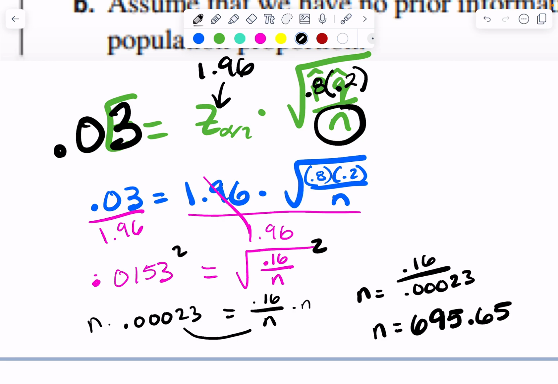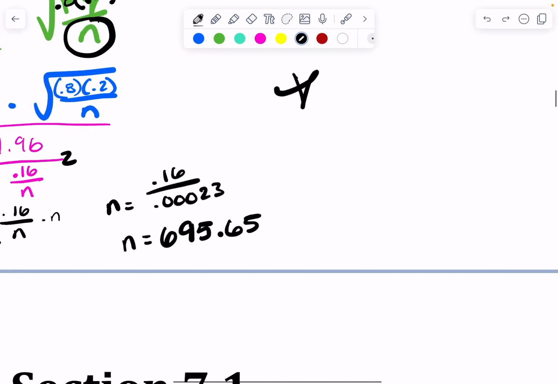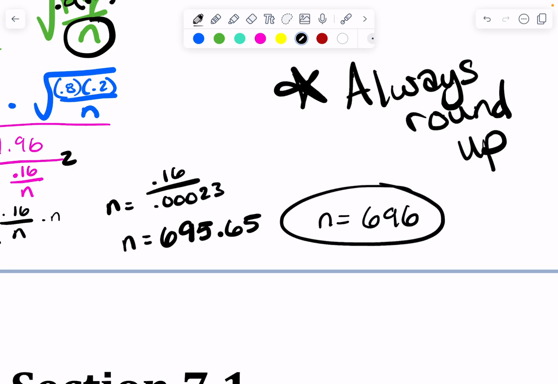I got 695.65. Okay, and I hope that's the right number because I rounded this decimal off instead of using the whole decimal number because my calculator won't do it. But when you're doing these problems, put a star. Always round up. Okay, so our sample should be 696 people, but even if this was 695.1,